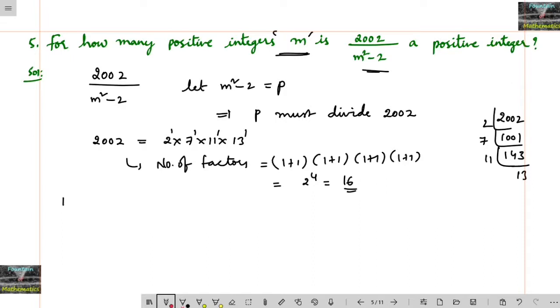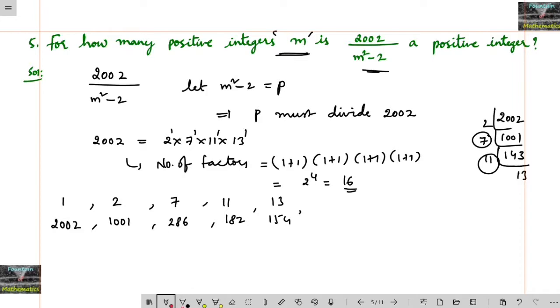1 is a factor. 1 how many times? 2002 times. And 2 how many times? 1001 times. And the next number 7. Let's check with the 7. 7 how many times? 286 times. 7 you leave it and the remaining you multiply: 11 13s are 143, 2 times 143 is 286. And again 11, if I take 11, close it and multiply the remaining: 7 13s are 91, 2 times 91 is 182. And the next number 13: 77, 2 times is 154.